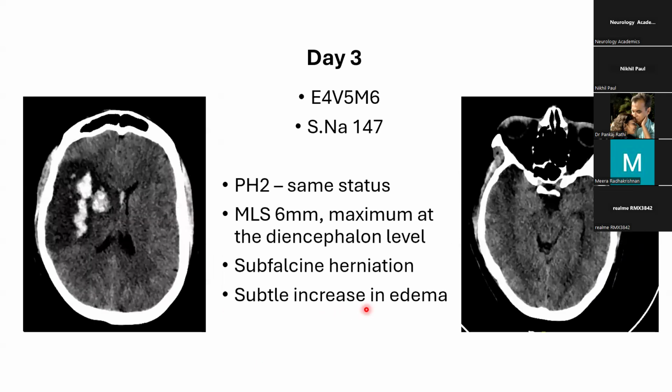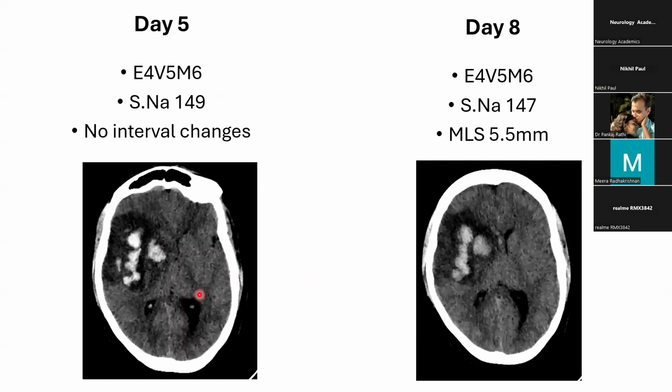So again, we proceeded with hyperosmolar therapy. On day 3, again, the sodium was 147. And there was a midline shift of 6 mm with maximum diencephalon 11, subfalcine herniation, and subtle increase in edema. Again, we continued it. And when we see on day 5 and day 8, there was more or less stabilization